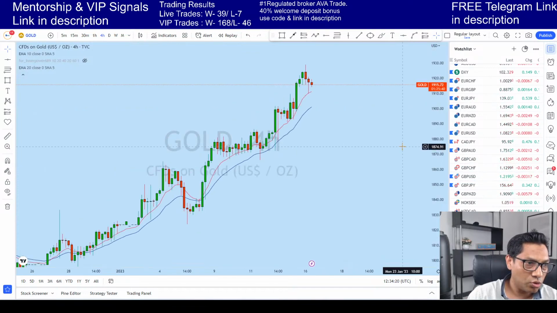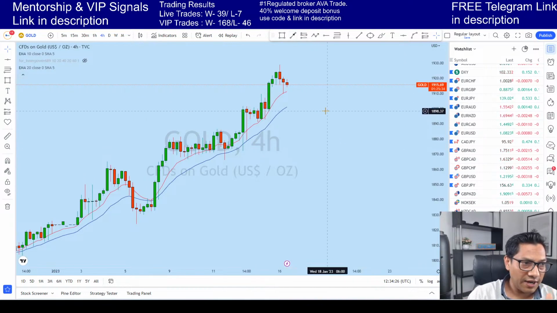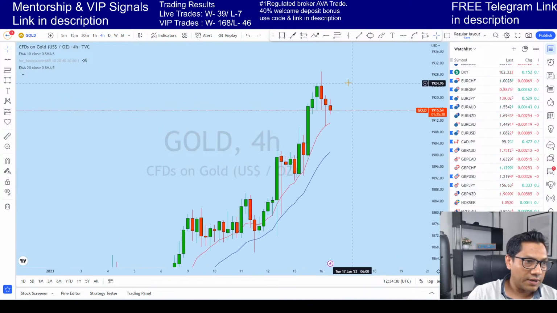So let's see first of all what's happening with gold. As the market opened today with gold, initially we have seen a spike and then a retreat back on gold, and we have seen a bearish engulfer followed by a doji. Now again the price is coming down. So initially we have seen that after coming here, we have seen a bounce.